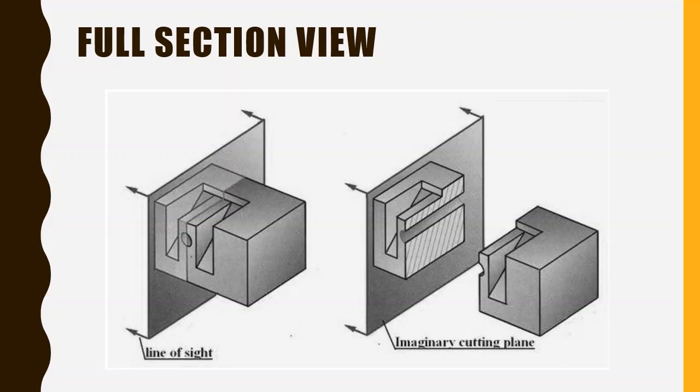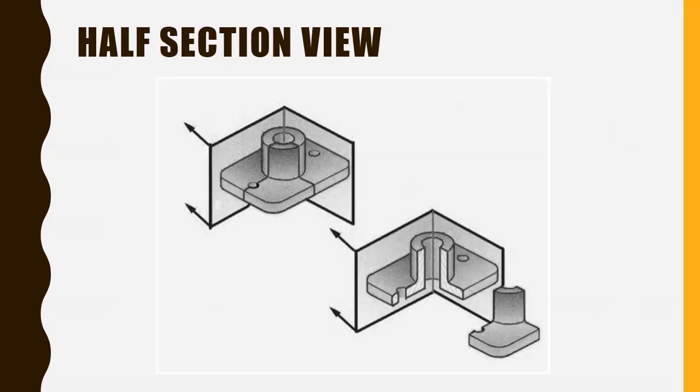So for a full section view, we are carrying the sectional plane, so this is the cutting plane, and after this cutting plane you are moving the object in the line of sight direction, and then we have the object which has been partly removed. So this is the removed object, and now we are detailing the interior parts. When you are detailing the interior parts, you are just visualizing. So this type of visualization is called full section view, right? And then half section view.